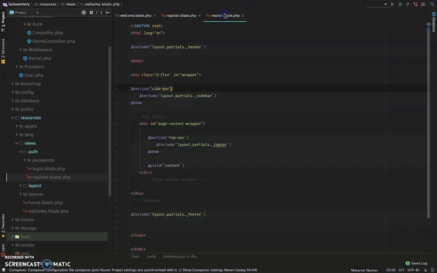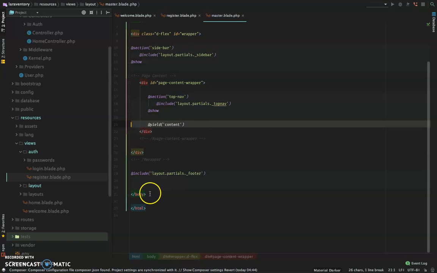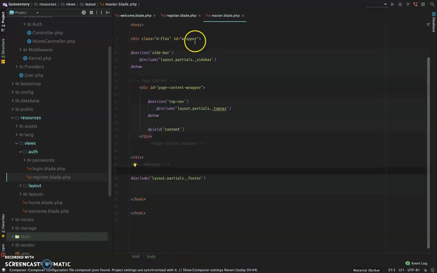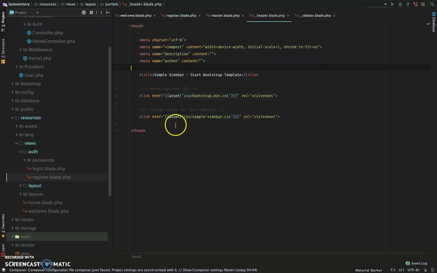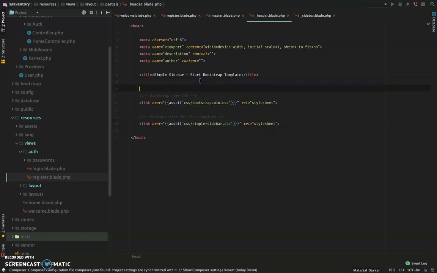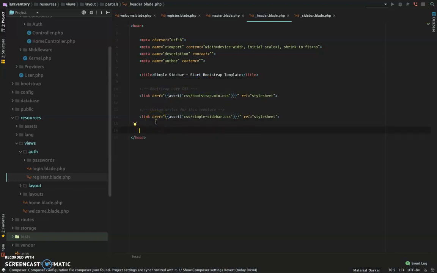We can achieve that by going to our master, right inside our header, where we have our style here. Just right after the Bootstrap, we could do @yield CSS,